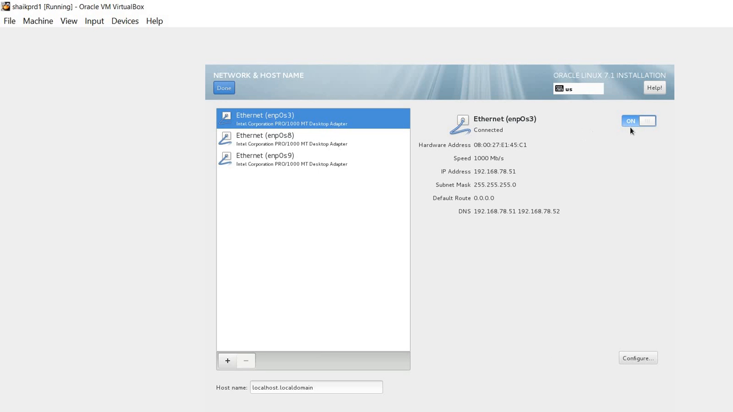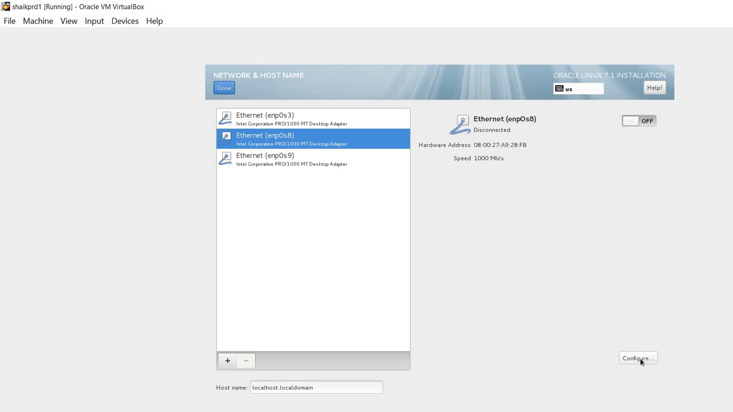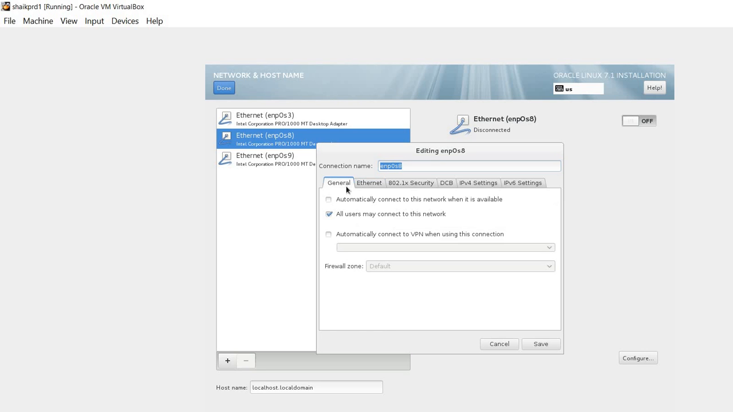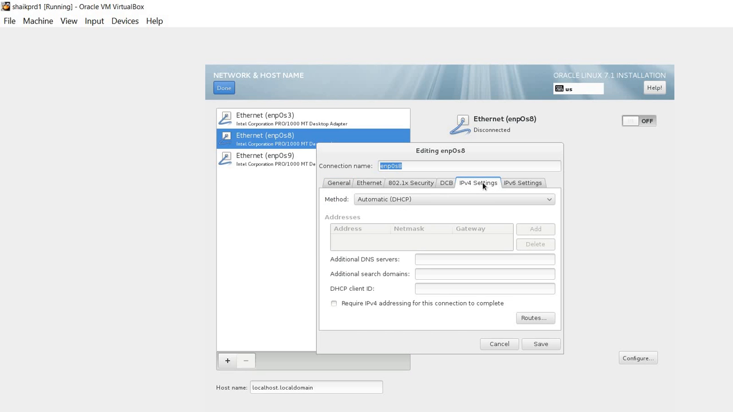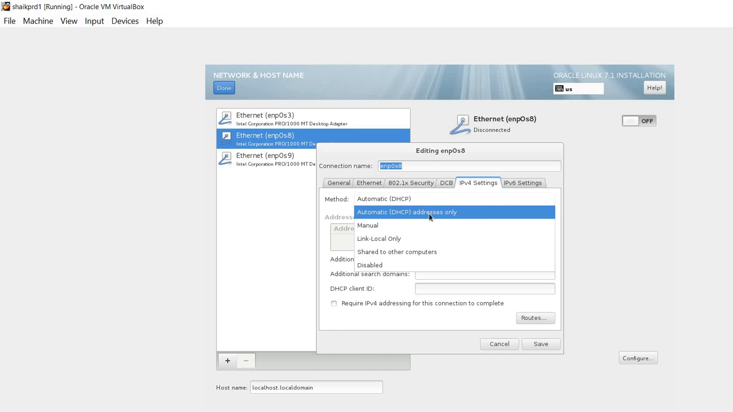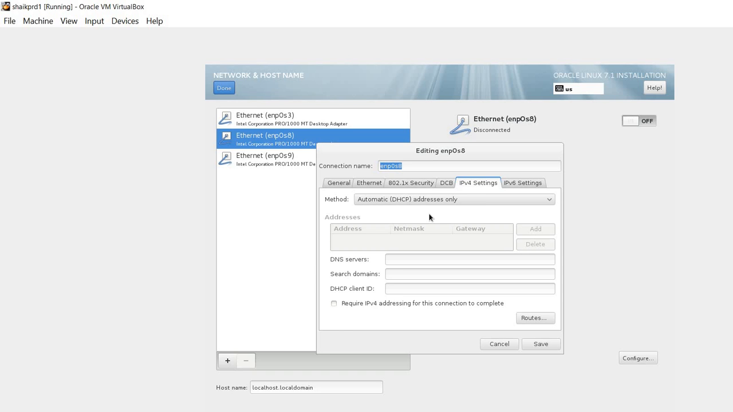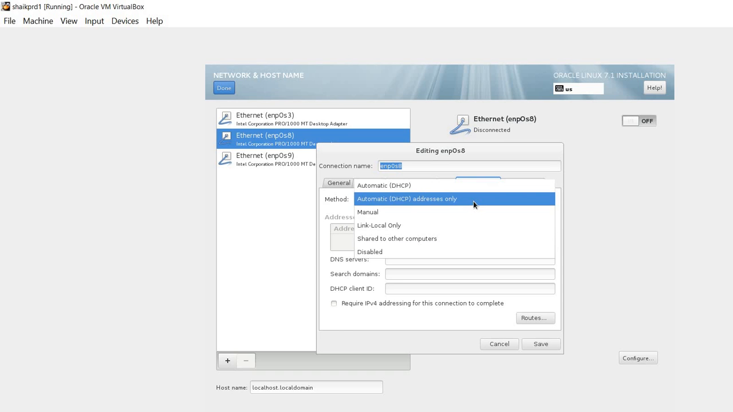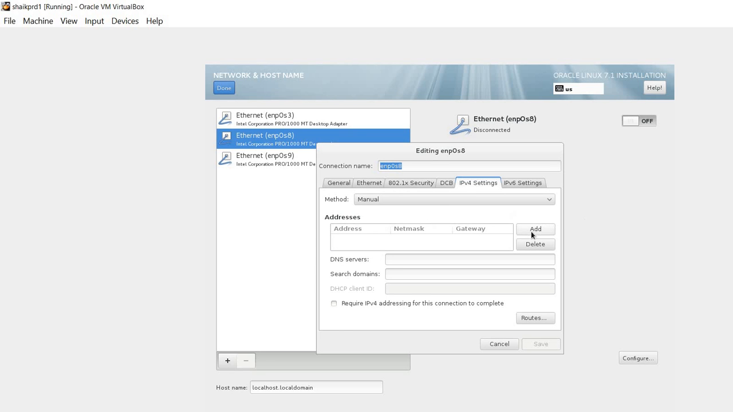So this should be enabled, and you should see the IP that you have assigned here. Now go to the second network, click on configure. Same thing in general, select the option automatically connect to this network, and under IPv4 settings, select the method as manual instead of automatic DHCP, and then we'll assign a private IP, which is